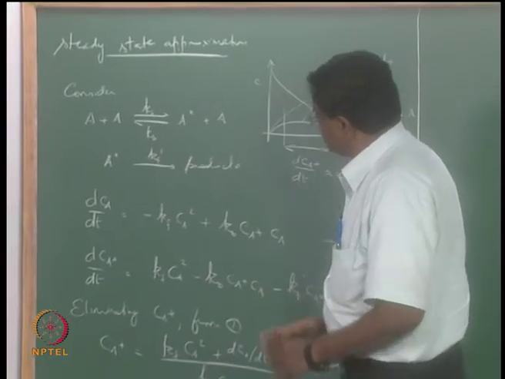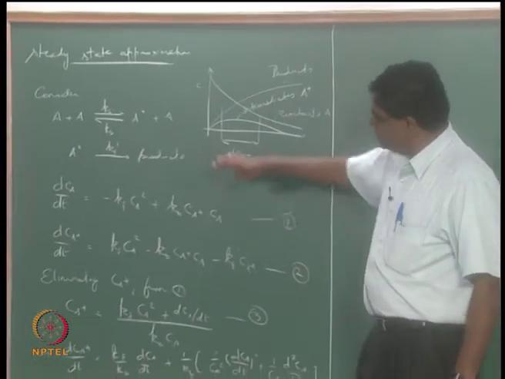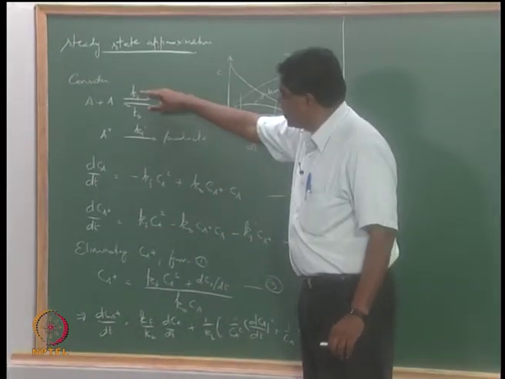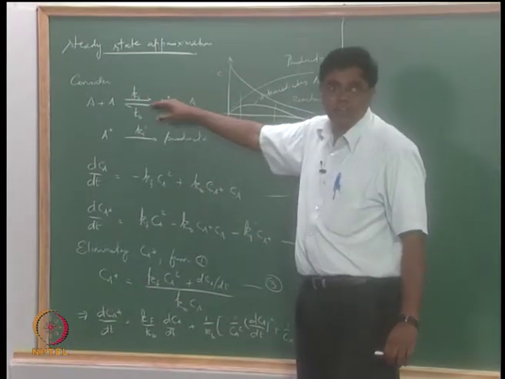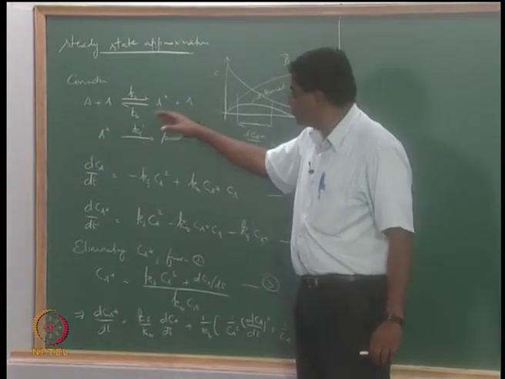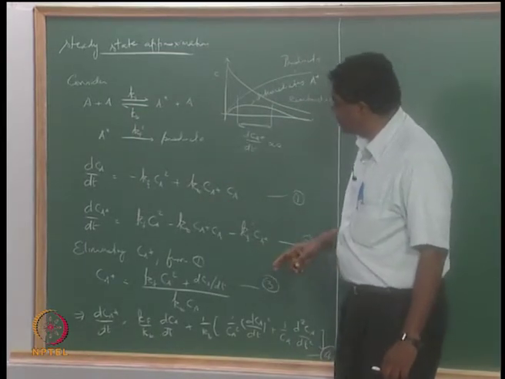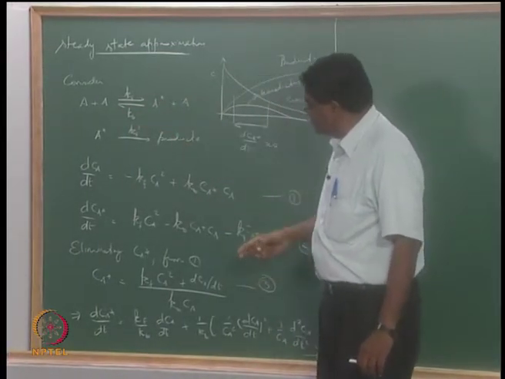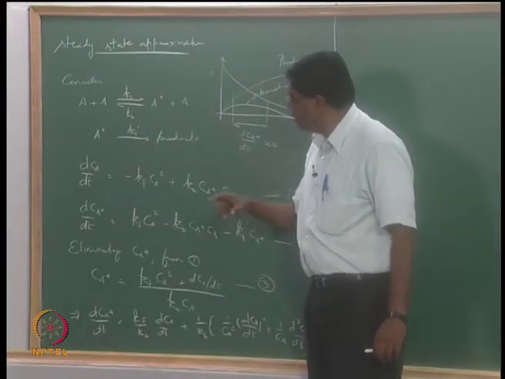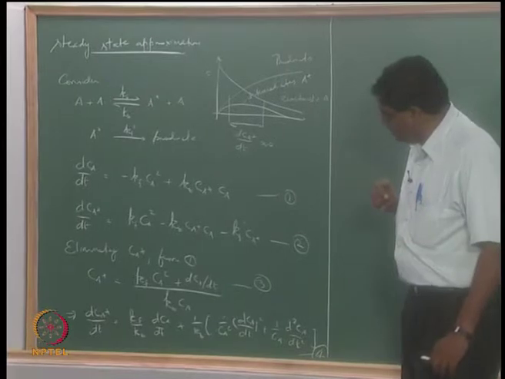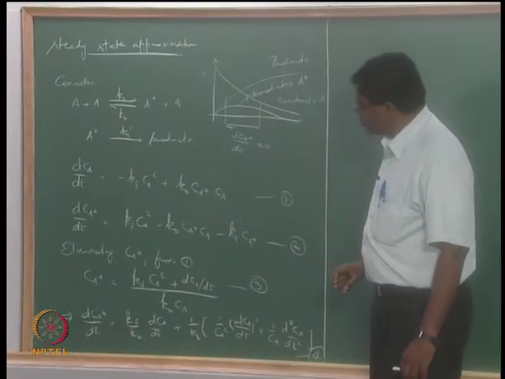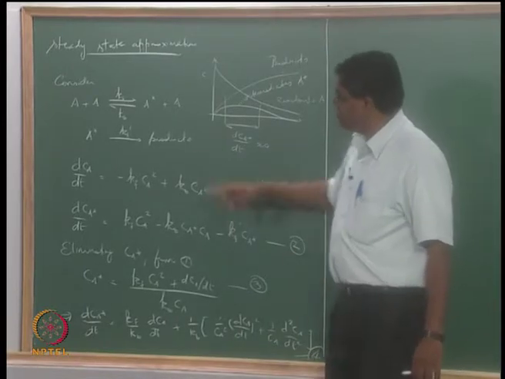We were looking at this model of reactions. This is basically 3 reactions: A plus A, the forward reaction having a rate constant Kf, giving A star plus A. The second reaction is the reverse of the first one, with rate constant Kb. The third reaction is A star giving products with a rate constant of Kf prime. So we could write these rate equations for the net production rates of species